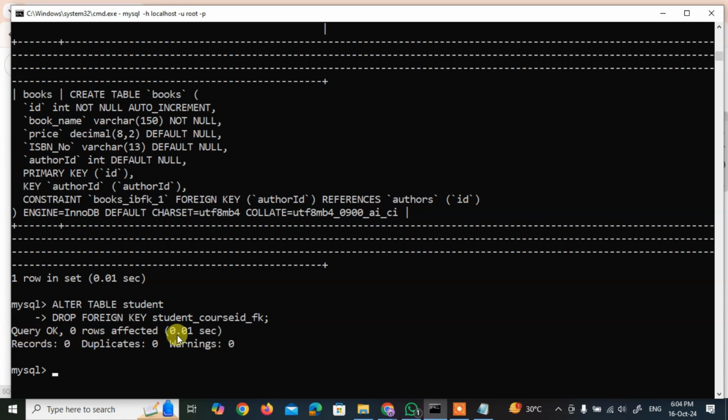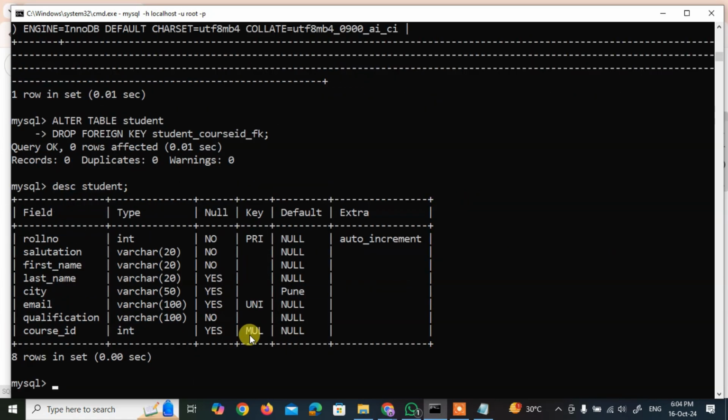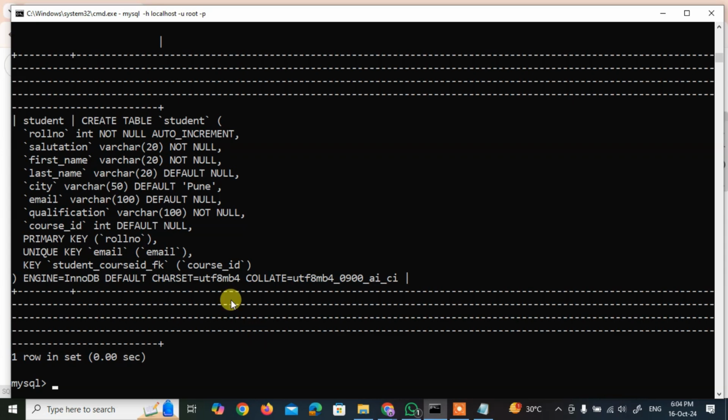And you see query OK. Now when we say describe student, the key MUL will be visible, but when you say show create table student, the foreign key is no longer available.